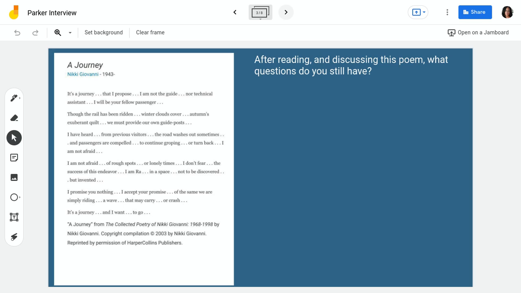This is an extended metaphor. A lot of students don't understand what an extended metaphor is. A lot of my students didn't understand the theme, and they didn't understand the concept of this poem. So after we talked about it and we discussed what an extended metaphor was, after we discussed what theme is, how to find the theme in poetry,